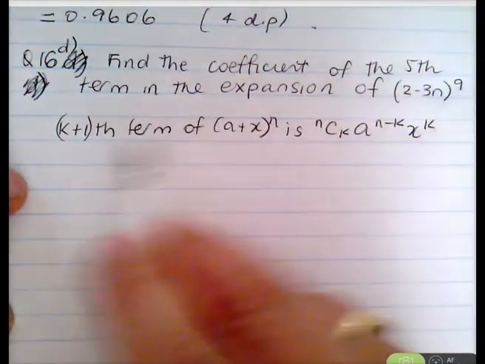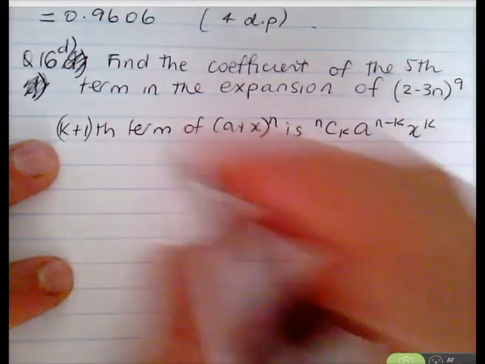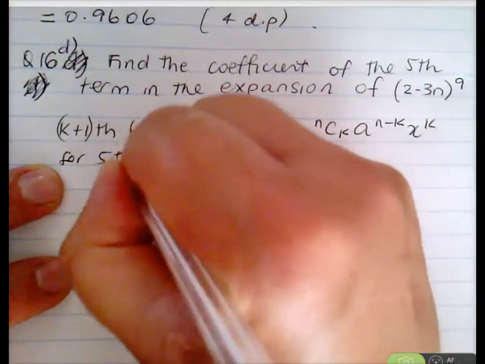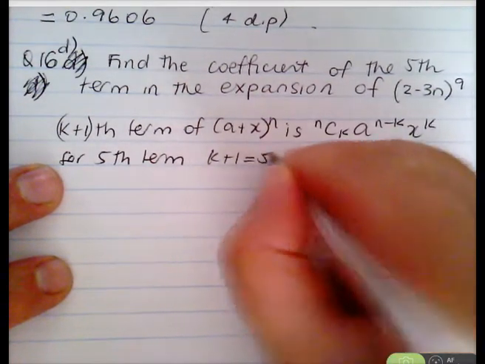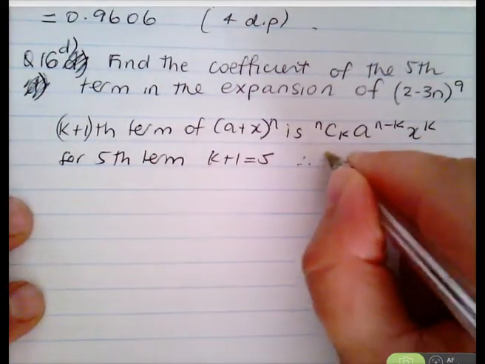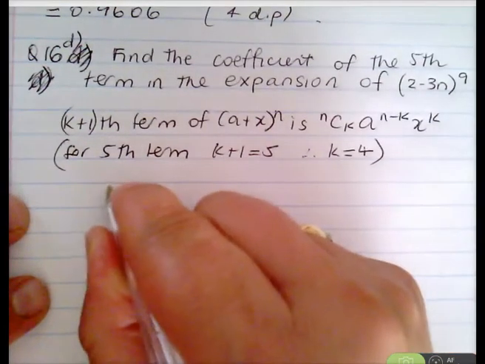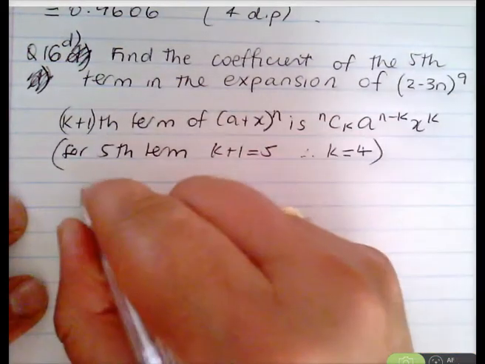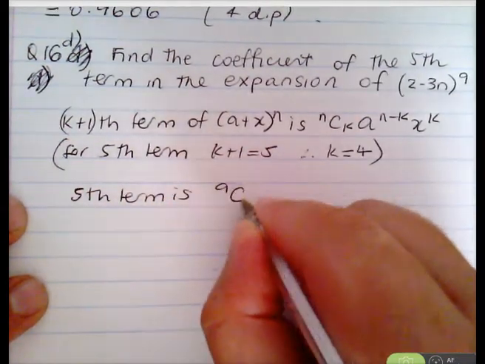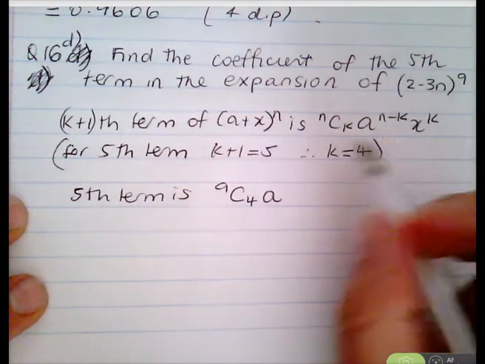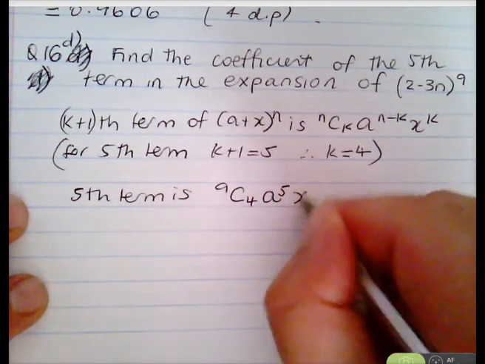So if we want the 5th term, in other words, k plus 1 equals 5, therefore k is 4. So just using this formula, the 5th term is 9C4, a to the 9 minus 4,